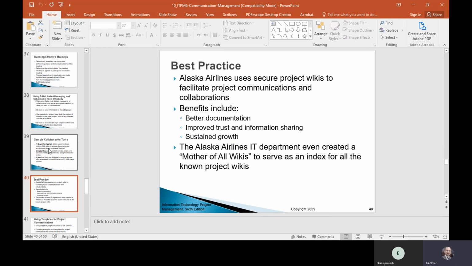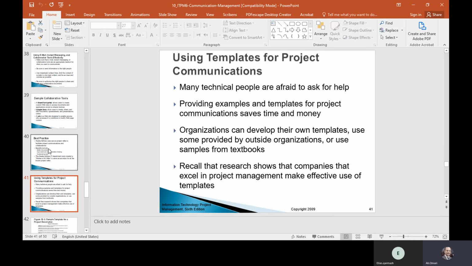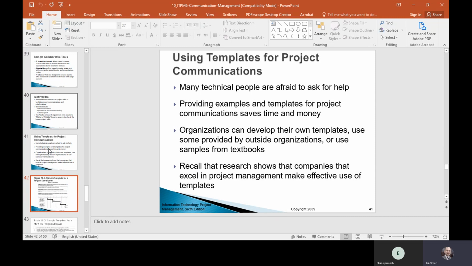There is always going to be a best practice and a lot of communication. We have templates. Use the template to make sure that you're using the appropriate format for any type of communication you need to do.